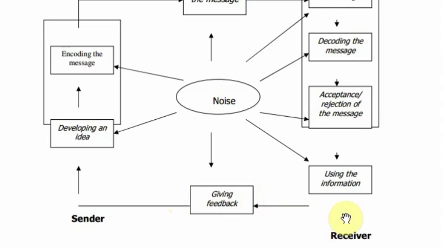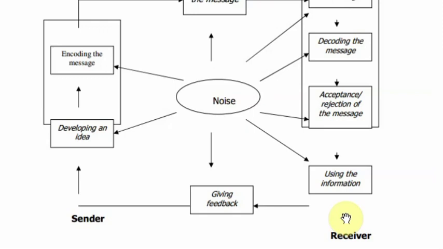Receiver, so here what does the receiver do? First, the sender has a source, that is he wants a glass of water, so initially he encodes the message and he says, may I have a glass of water? Then the receiver, before receiving it, decodes the message given by the sender and understands it. He comprehends the meaning of it: oh, he needs a glass of water.